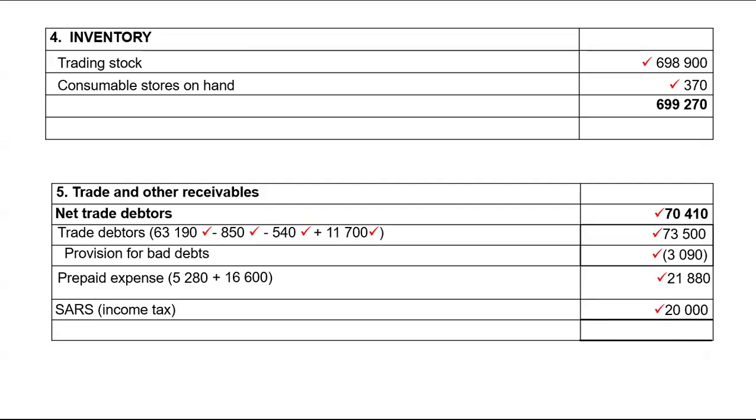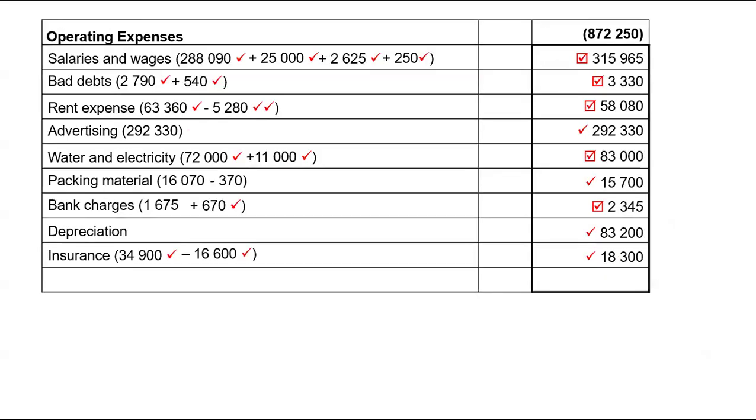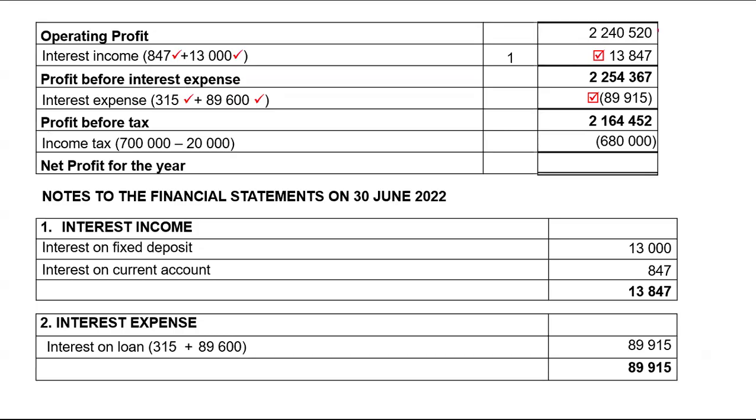Then you can add up your trade and other receivables. We'll also come back to it later. We are done with tax. So now you can conclude your statement of profit or loss. Add these two, they will give you gross operating income. Add all your expenses. Then take the operating income minus this. It'll give you your gross operating profit of